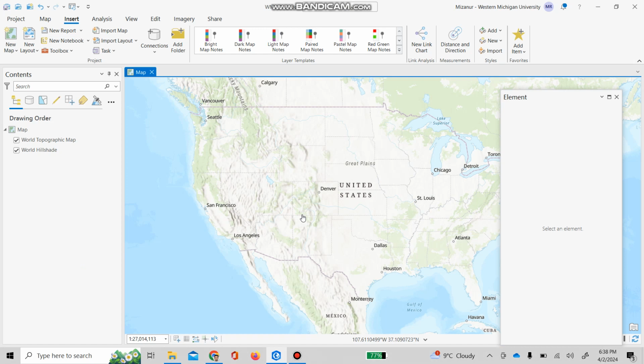So first of all we need to download data that we already did, and now the first thing is to add data in ArcGIS Pro. So to add data in ArcGIS Pro, at first you have to add folder. So let me show you how to add folder. So click on add folder,